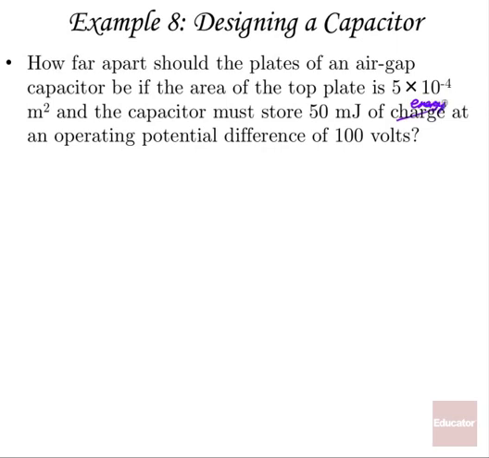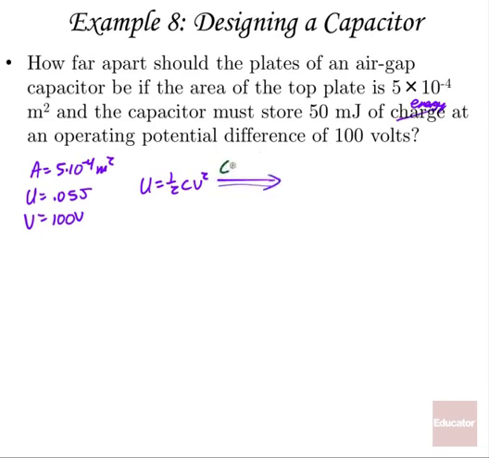That makes more sense. Well, if our area is 5 times 10 to the minus 4 square meters, and our potential energy is 0.05 joules, we have a potential of 100 volts. Let's see what we can determine here. Well, U equals 1/2 CV squared, but we also know that C is equal to epsilon naught A over D. And because it's an air gap capacitor, I can leave that epsilon naught. I don't have any dielectric constant I have to put in front of it there. So that means that U equals 1/2 times epsilon naught A over D